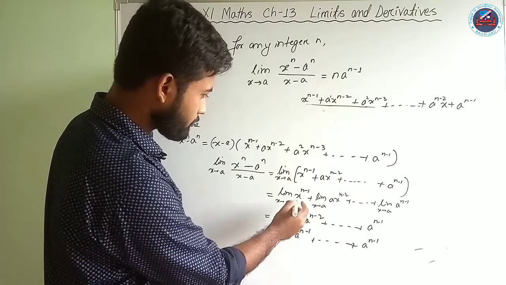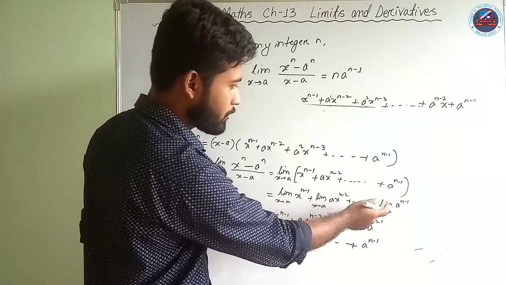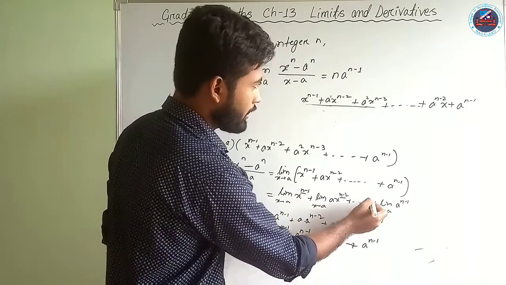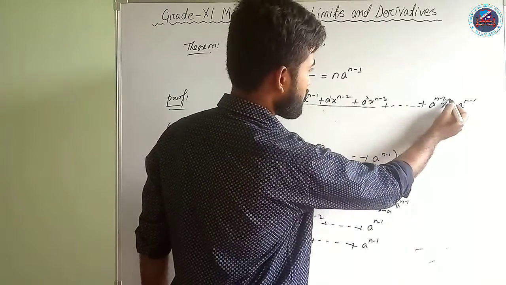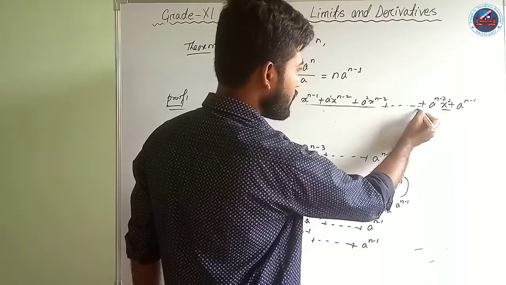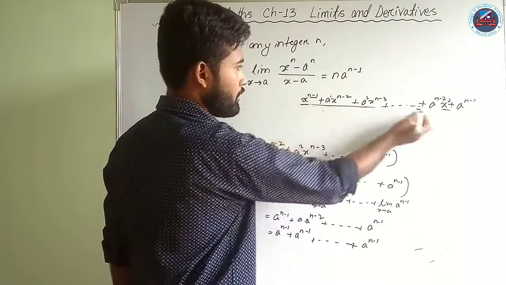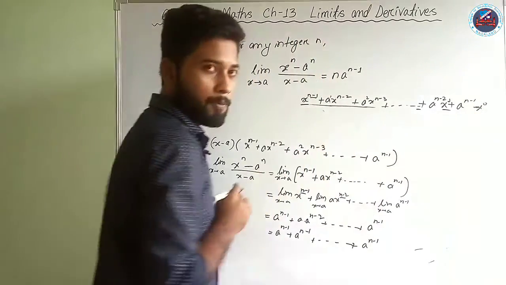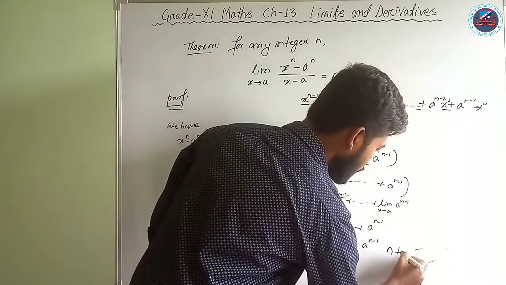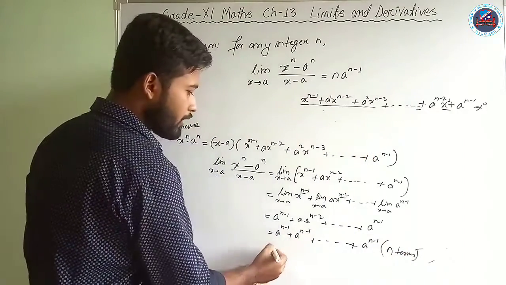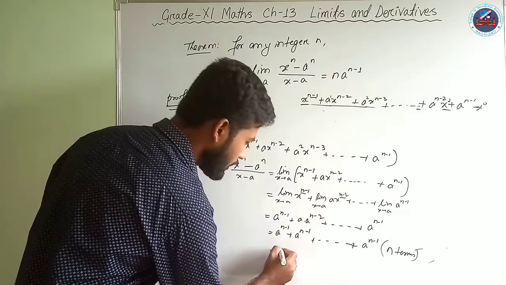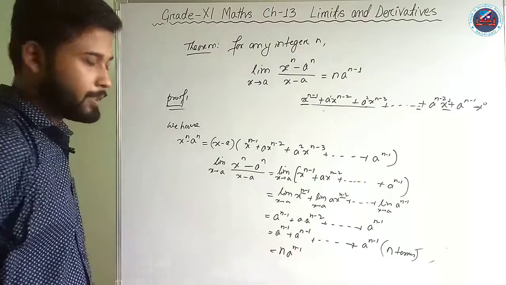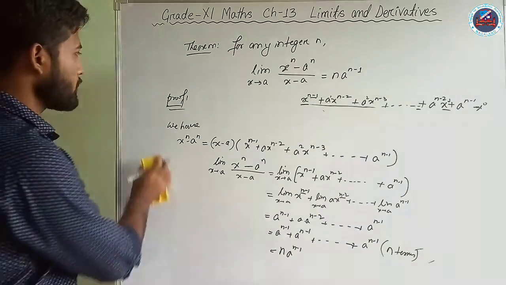See here, it is starting from x to the power n minus 1, n minus 2, and finally we are getting x to the power 1. That is, we have one term here, 2, 3, 4 up to n minus 1 terms, along with another term here, that is x to the power 0. So we have n number of terms. Similarly we have here n terms. So if you add all the n similar terms, what shall we have finally? It will be n into a to the power n minus 1. So that is the result, and we shall be using this result in various other problems.